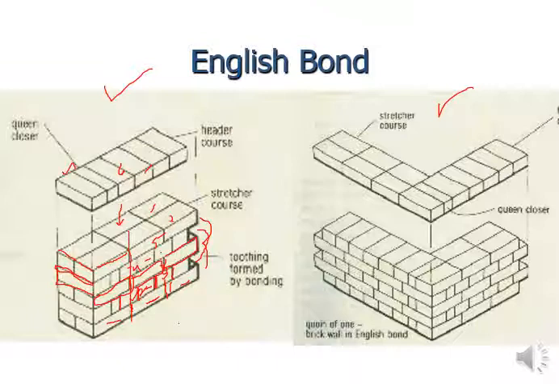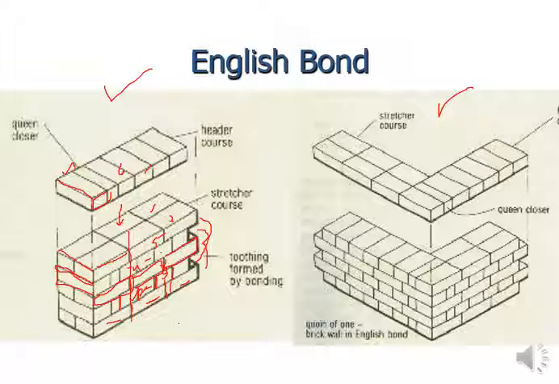Because your header in the front face will give you a 4.5-inch dimension, and in the lateral direction it is going to give you 9-inch. So one brick will be fine for the header. But one brick will not be enough for the stretching course. For the stretching course, you have to place another brick to make it 9-inch thickness for the wall, and for the header course you are not going to place another brick, because one brick will be enough to give you 9-inch thickness in the lateral direction. Okay, so that's what you have to understand.